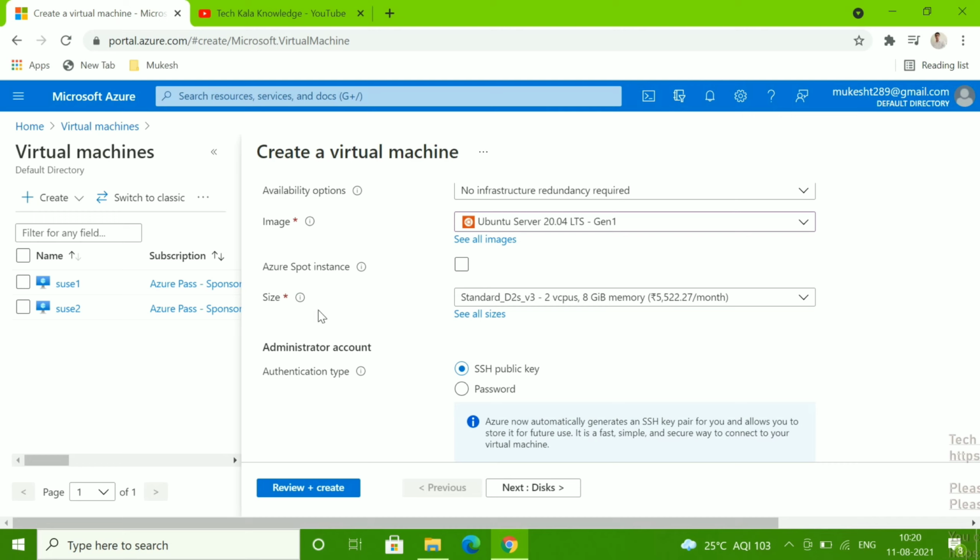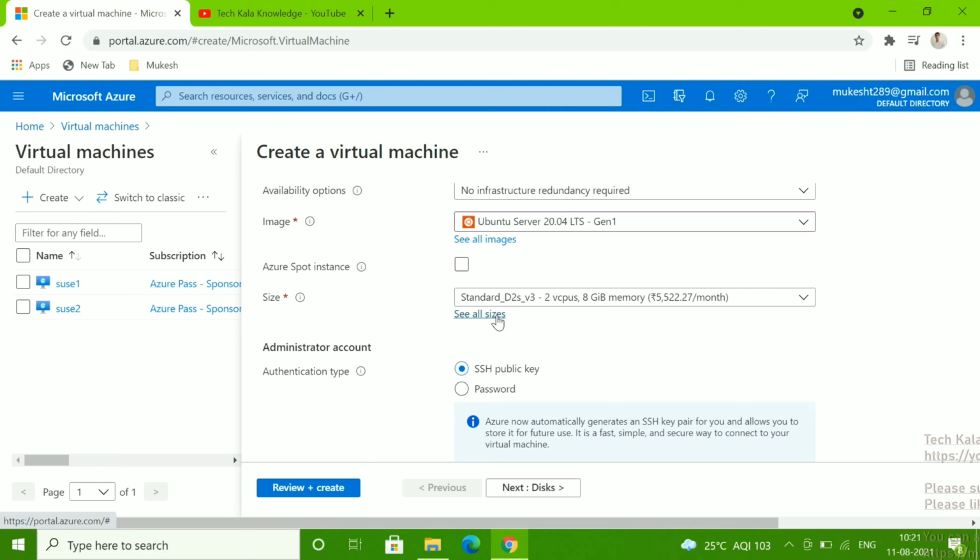Now this is the size. This is the most important thing. You have to understand what the requirement is for your VM. For testing purposes, minimum CPU, minimum RAM. When we are building a server in VMware, we manually provide, like, one CPU, 2 GB RAM.